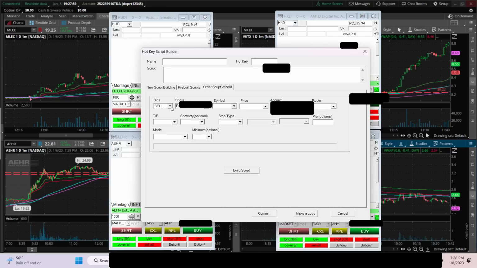So you want to click sell. You want to click position. This is how I trade. When I get out, I want to get out my whole position. I rarely scale out. I scale in, but I don't scale out. That's just how I trade. But if you like to scale out, you can just do 500 shares or whatever, 200 shares. You could just set it up yourself. But I do position,